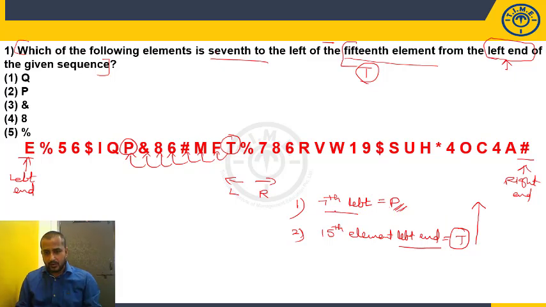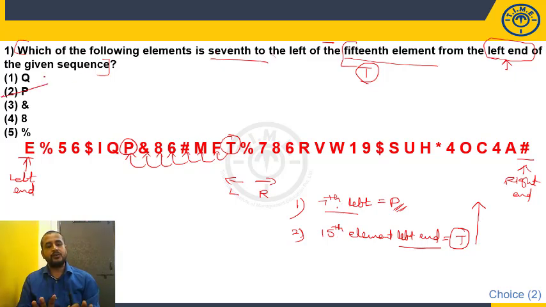Here it is given only 2 steps. You may be given 3 steps, 4 steps, 5 steps or 6 steps, but the procedure will be the same, go in the reverse order. Definitely you can find the answer. Okay. So, this is the standard procedure. The same type of questions can also be done in a shortcut way. I hope this procedure is clear for you. Anyway, the required answer is choice 2, that is P.